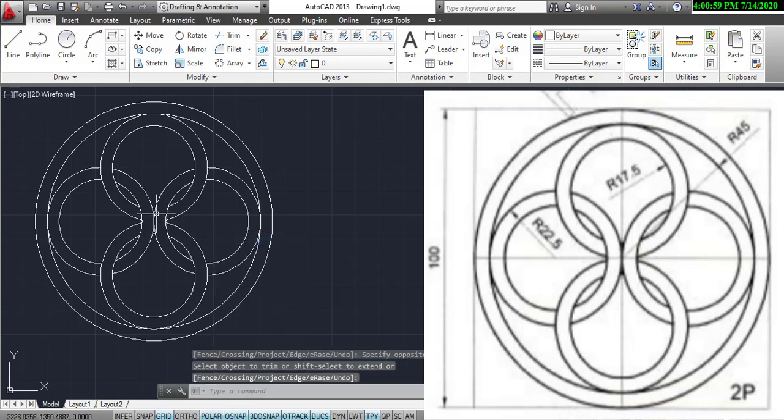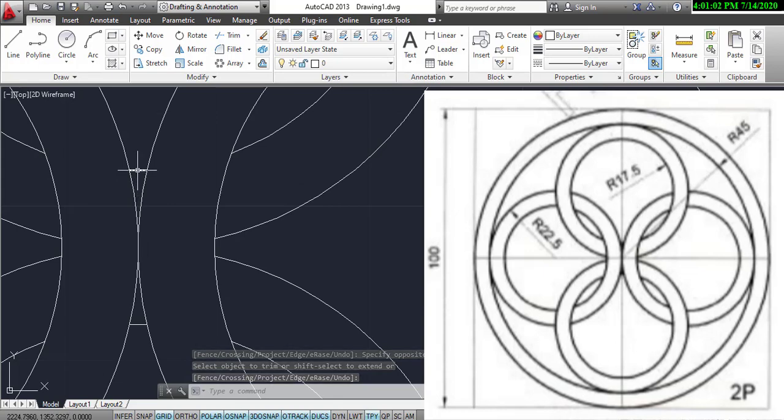Then press enter, and let us drag these short lines